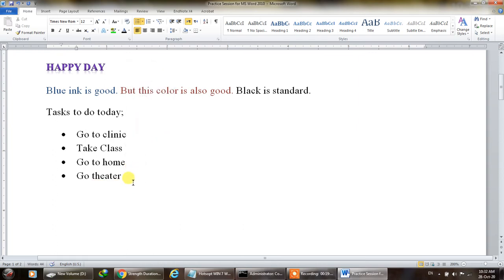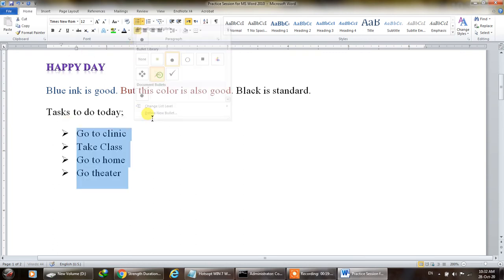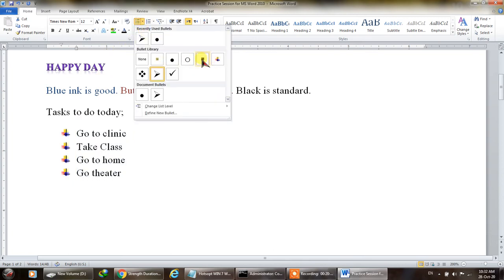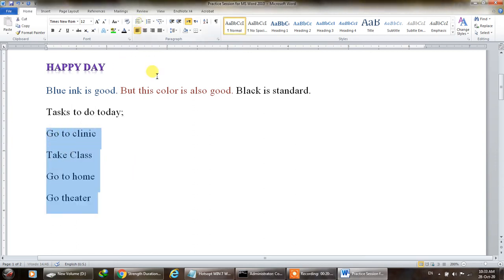So these are bullets, and now you can change these bullets as well. For example, if you want it to be arrowhead, if you want it to be this symbol, this round, or even this tick sign or anything, you can always define. You can change the color, you can change the style, you can change anything. So it's not that much difficult. Then I somehow remembered, no, I don't want to enter bullets. It will simply turn back.